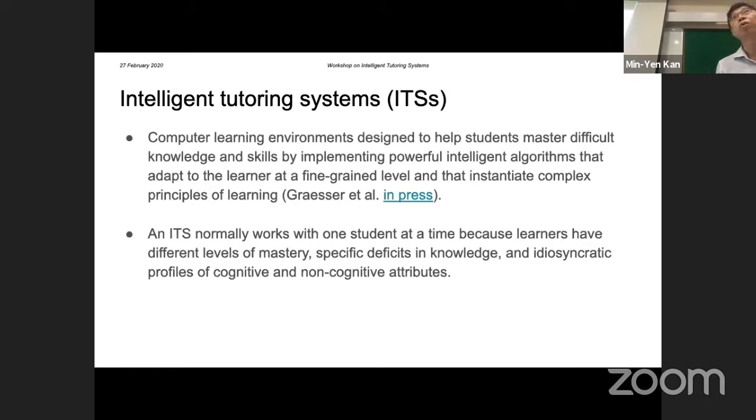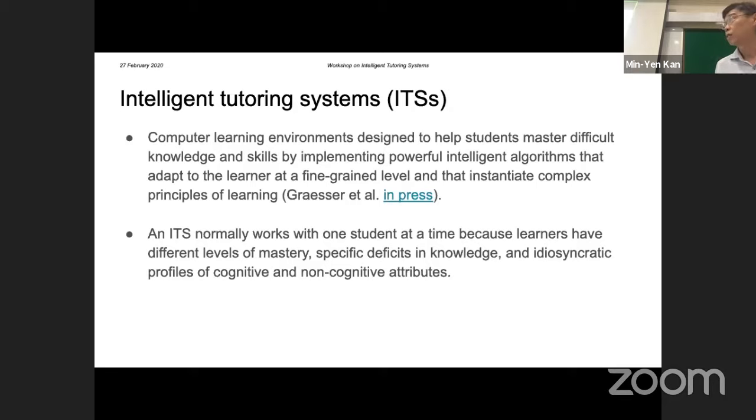They're trying to diagnose student understanding and provide appropriate remedial instruction. So the key words are adapt to the learner. And ITS normally works with one student at a time. So it's usually one-to-one because you try to understand the students' perceptions, misconceptions. So it's done at an individual level,